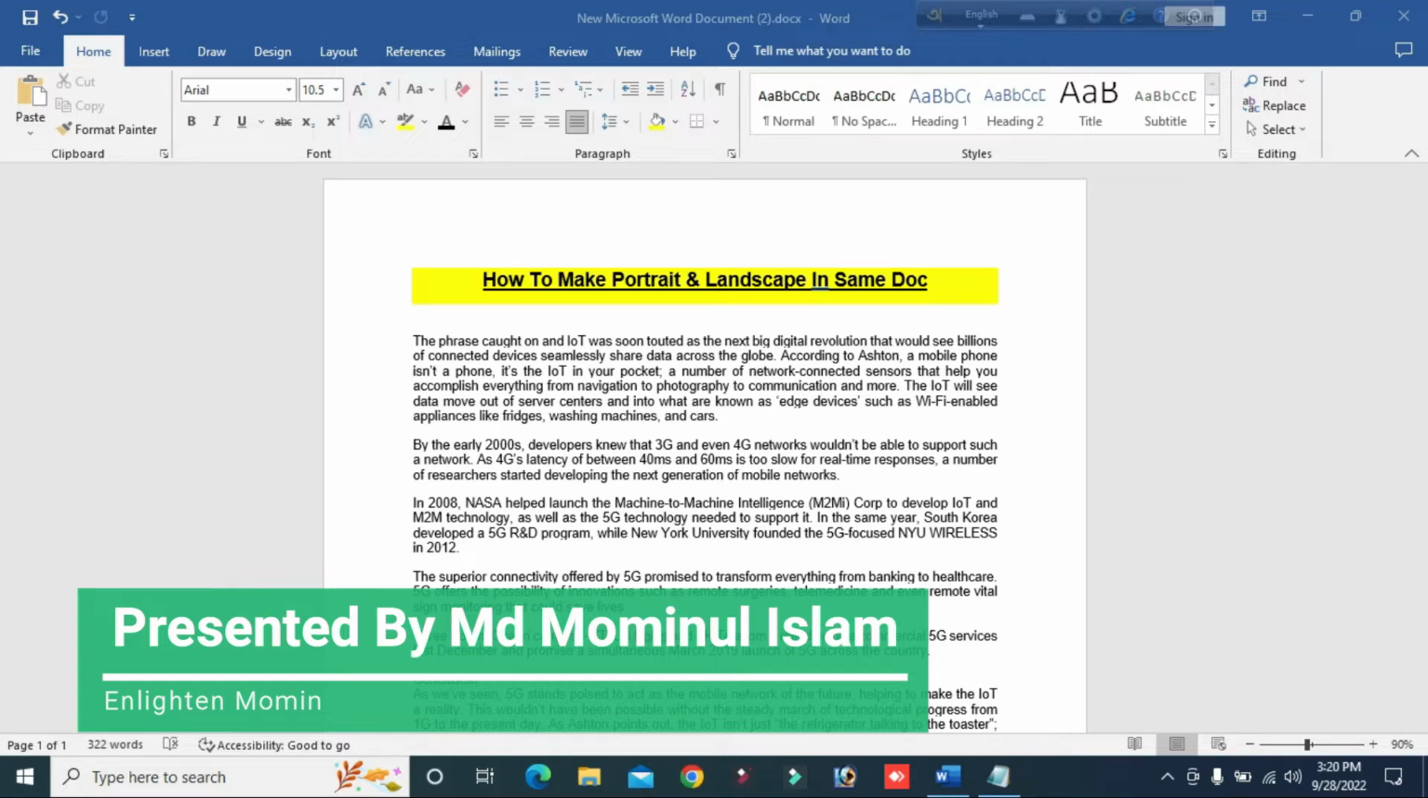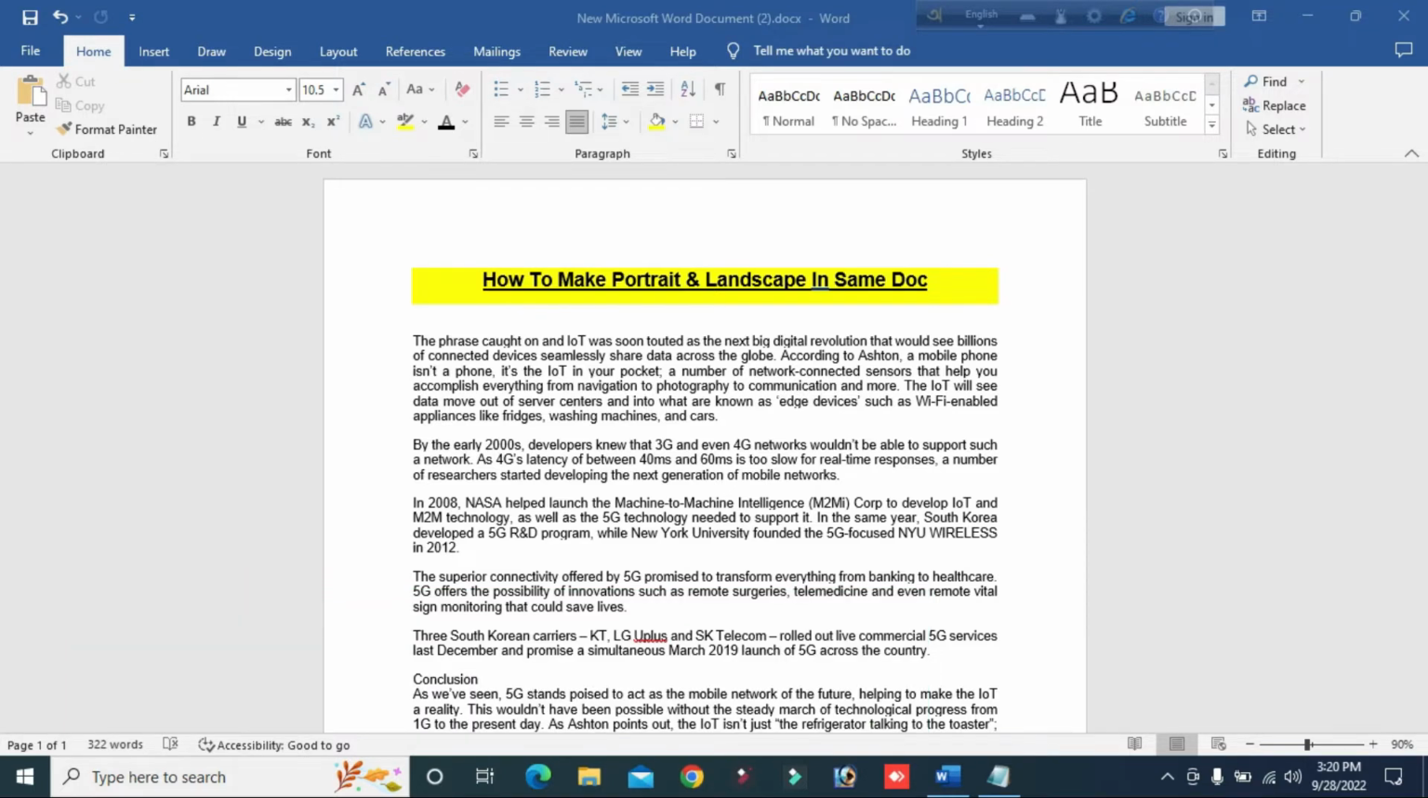Today I want to show you how to make portrait and landscape in the same document in your Microsoft Office application. First of all, we need to know why we should use this. In our various activities, we need both portrait and landscape in the same document. For example, when we need just the first page as a cover for our official or any other requirement, this time we will create these pages, like first page landscape, but